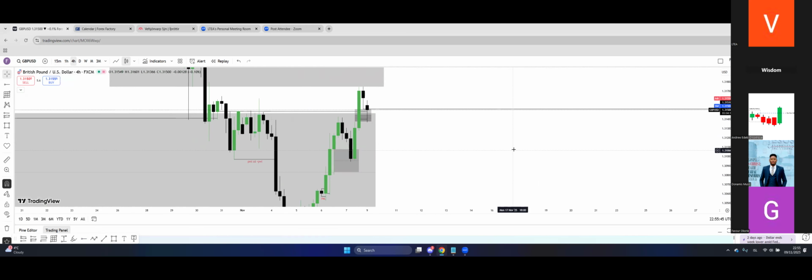On the 1 hour, we also have a 1 hour inefficiency right here. And after this area was taken, we started seeing accumulation. With this accumulation, you can see price has come to take all of these lows into this inefficiency, which means price may be likely to go higher. That's why I told you guys that I'm looking for GU to probably go higher from here. It's not like I just said that because I don't know what I'm looking at. I've already looked at price action and what it has been doing. So it might likely come here.